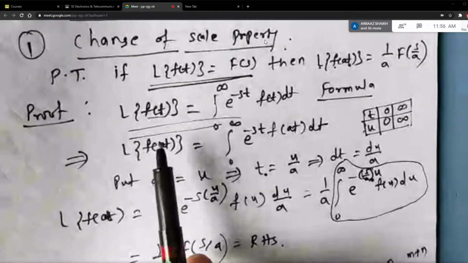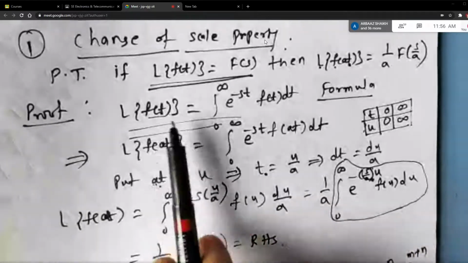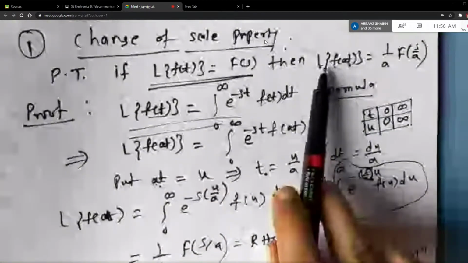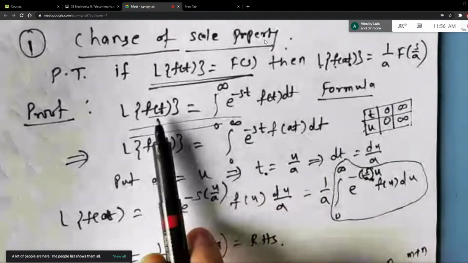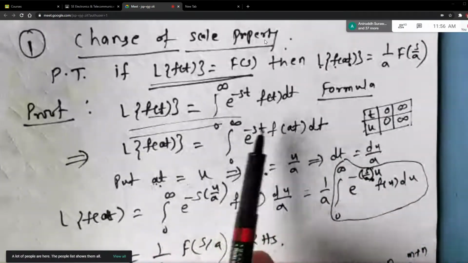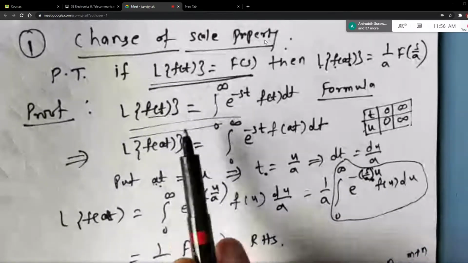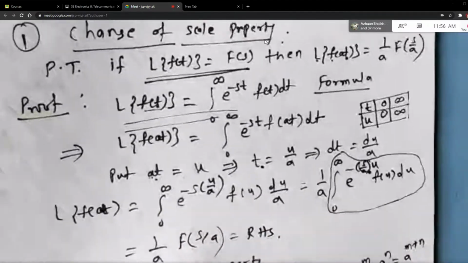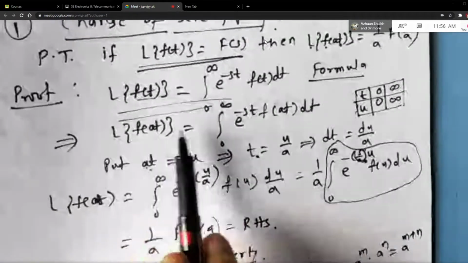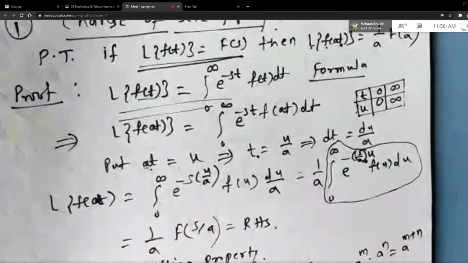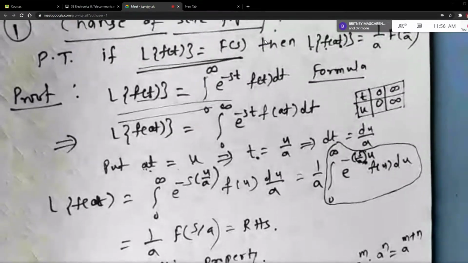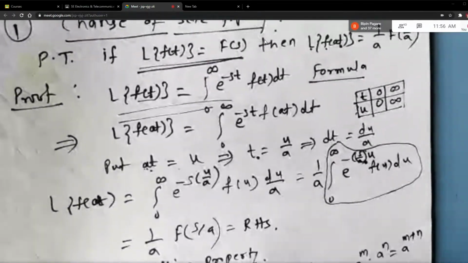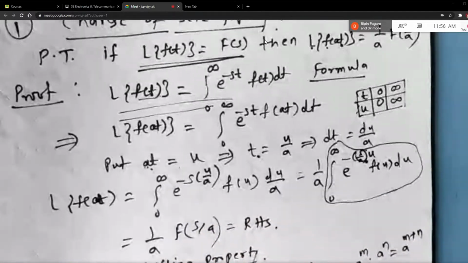Okay. Now once you write the formula, students, what you are going to find out? You are going to find out Laplace transform of f of at. So here what you can do is replace f of t by f of at on both sides, nothing else. Same formula is carried forward. F of t is replaced by f of at on both sides. If you have any doubt, if you have not understood something, you can unmute and ask me the questions. No problem. Okay. So this step you understood.